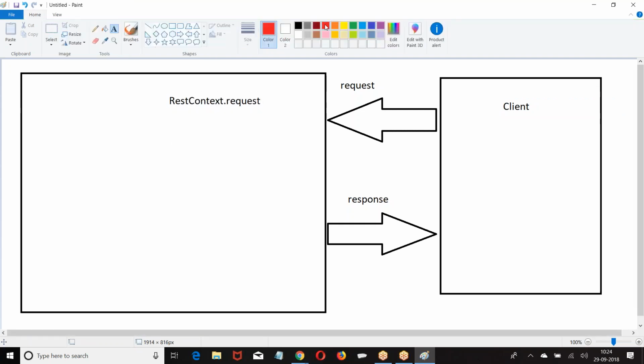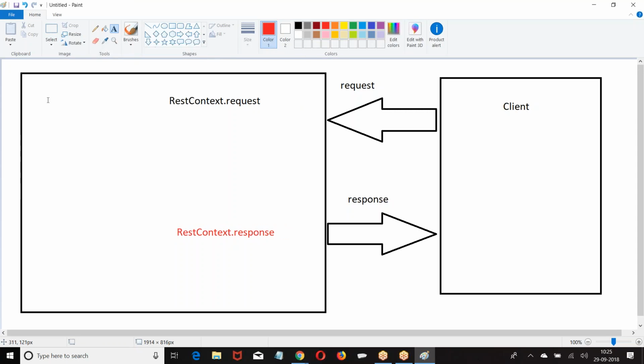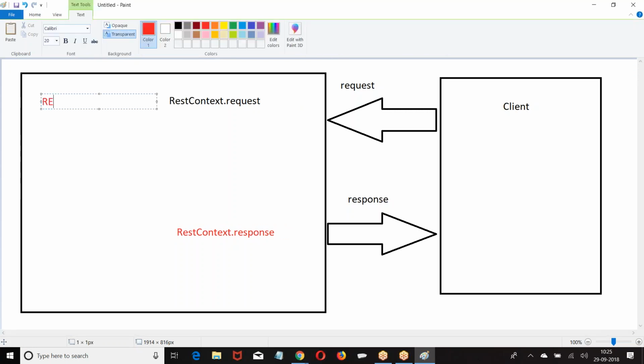Any response that we are giving to the client is considered as REST context dot response. Any request we are receiving from the client is considered as REST context dot request. Any response we are giving to the client is considered as REST context dot response. Now the request is stored in the Salesforce REST request.